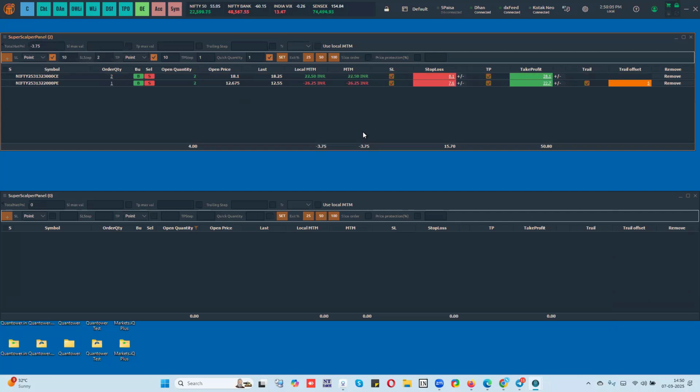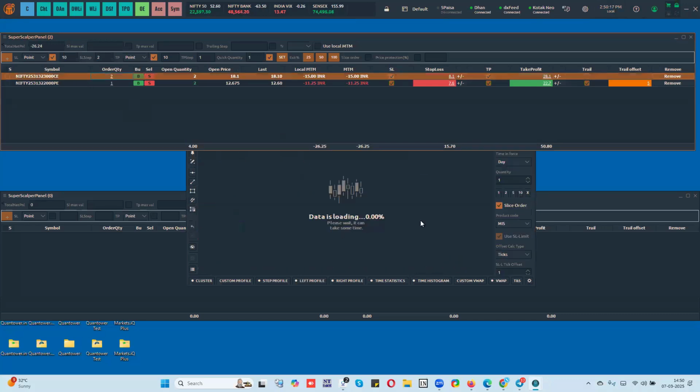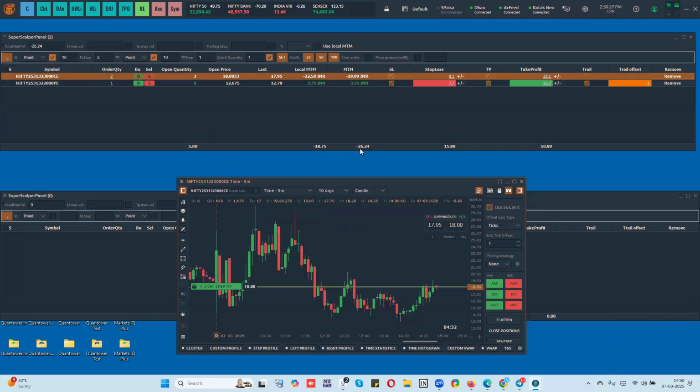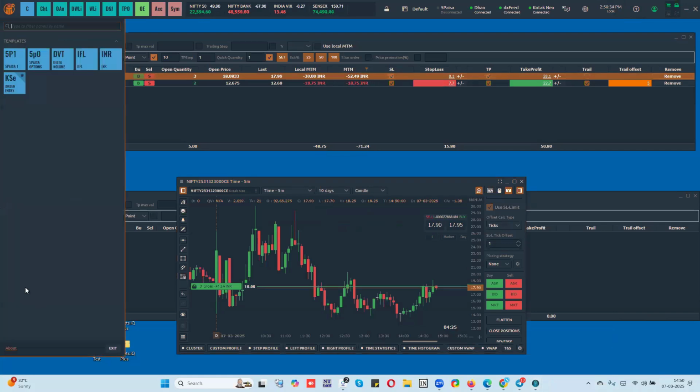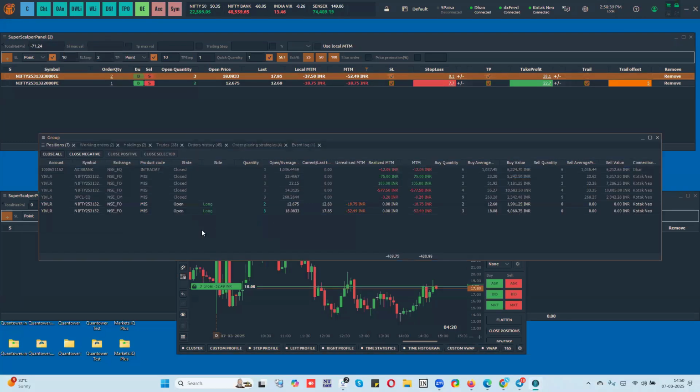But if at all I had done one trade from a chart, for example, I do one more trade in the same symbol from the chart. Okay. So let's say I drag this particular symbol here. And I do one more trade here from this particular chart. Now what will happen is that my local and M2M will differ, because the total M2M is what updates in your positions panel, this order book position panel, which is across all symbols.